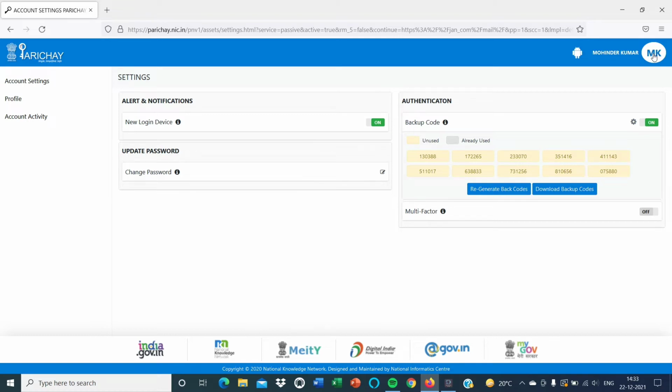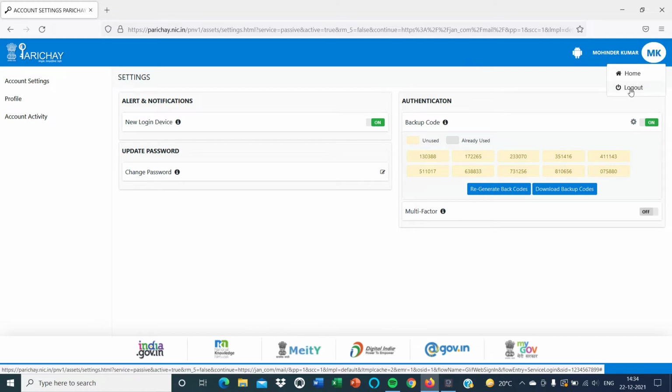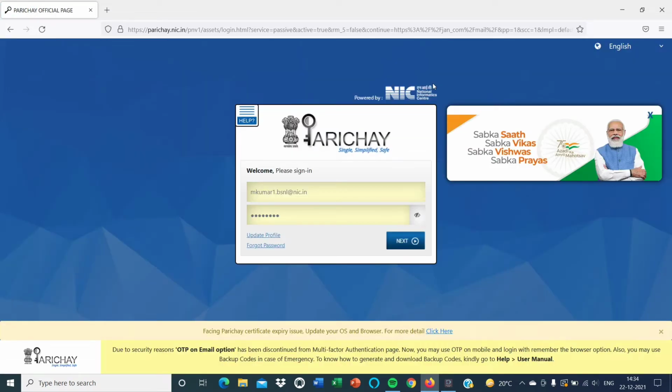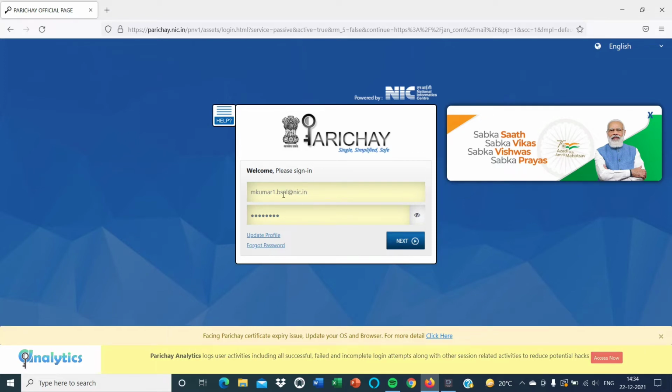Now we will check how we can log in into eOffice by using this backup code. For this we have to log out from here. You will be directed to the Parichya page again, and after entering this username and password, when we click on next,